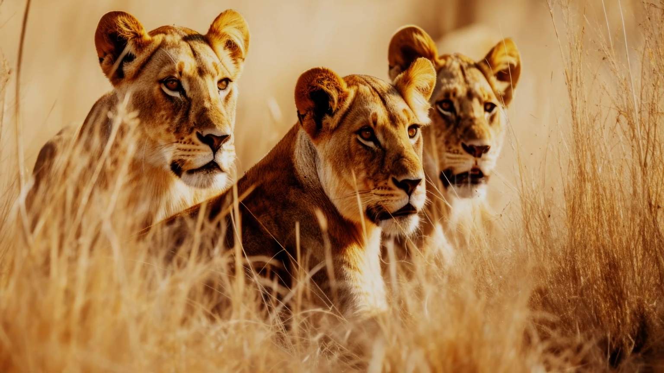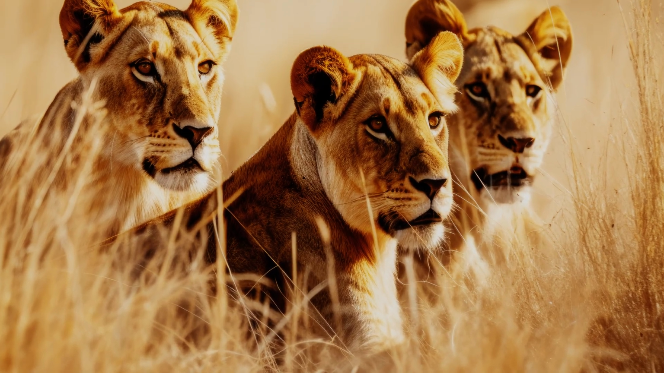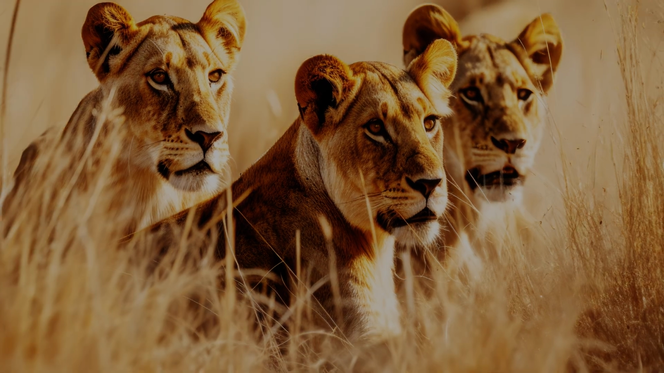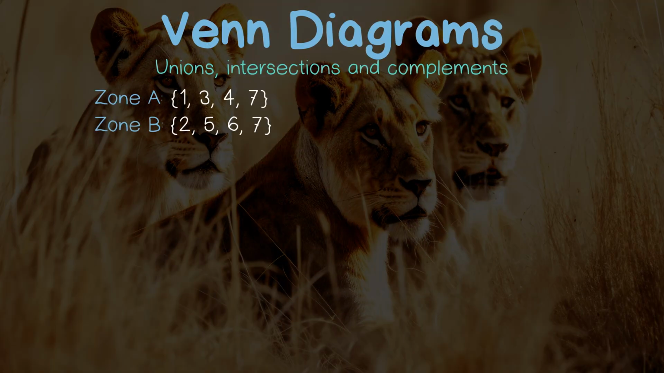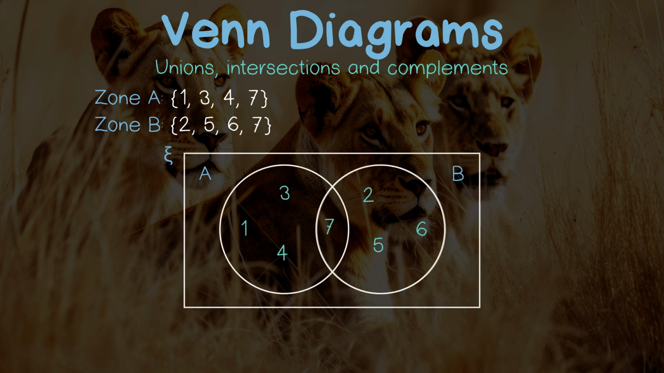Next, let's meet three lions from one of the prides in the park: Cleo, Kiana and Jess. We've gathered data on where they reside when the day is at its hottest. For this example, we're interested in the intersection of A and B, as that's what this symbol means, which represents